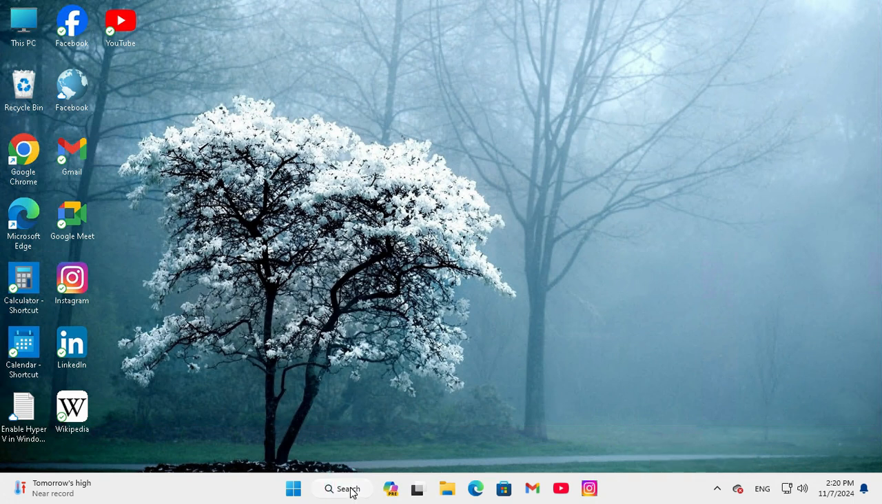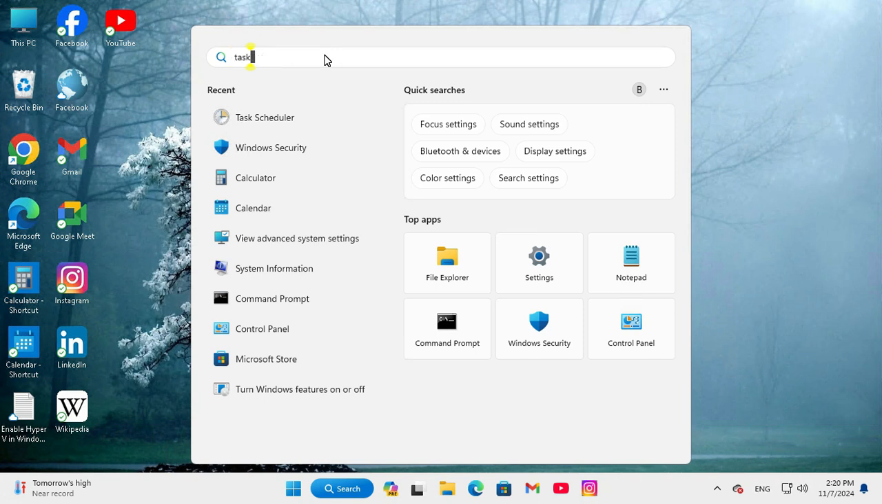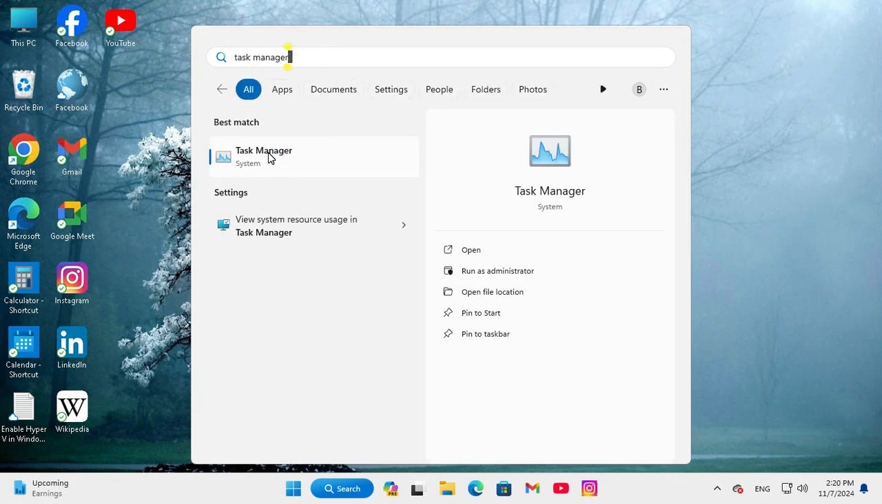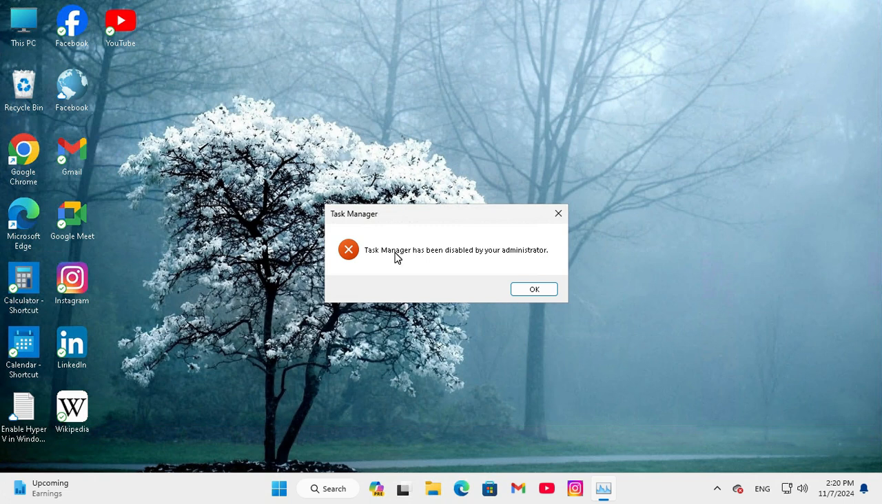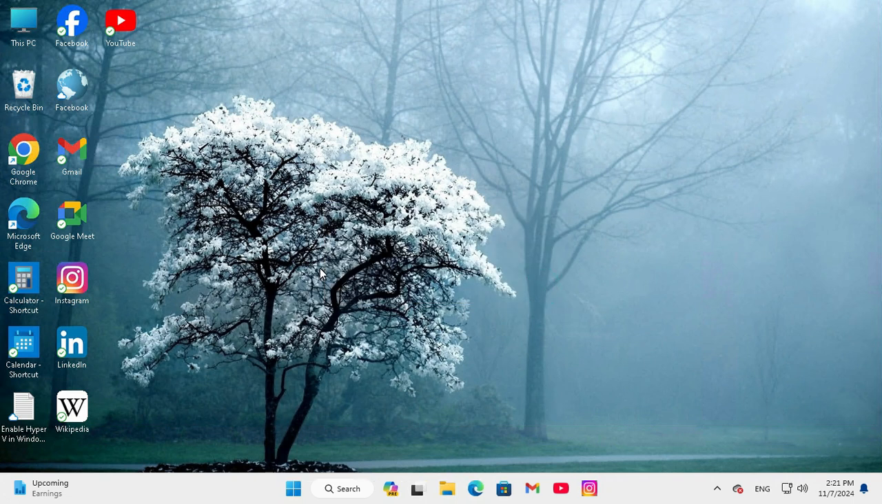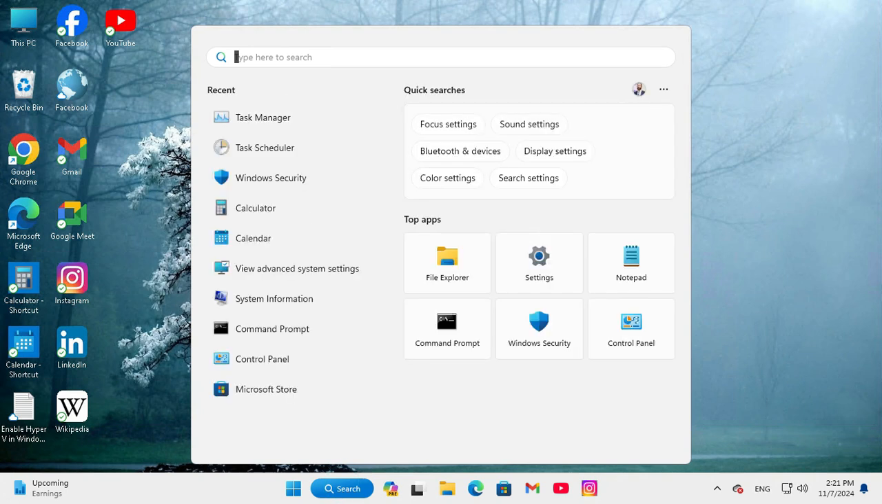Go to Search and type Task Manager, click on Task Manager and look, Task Manager has been disabled by your administrator. Now if you want to enable Task Manager, just again in search type